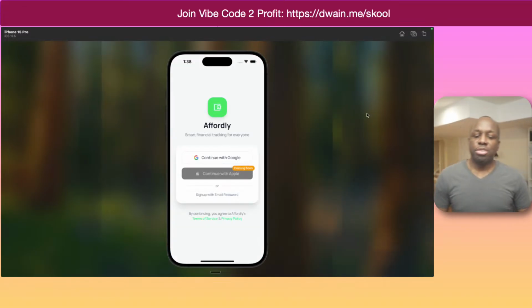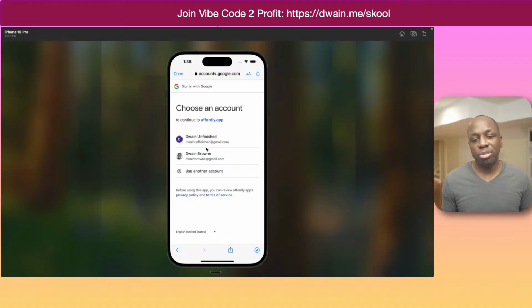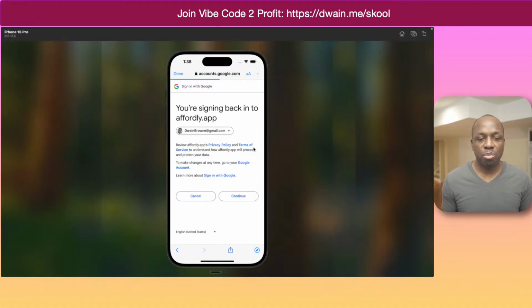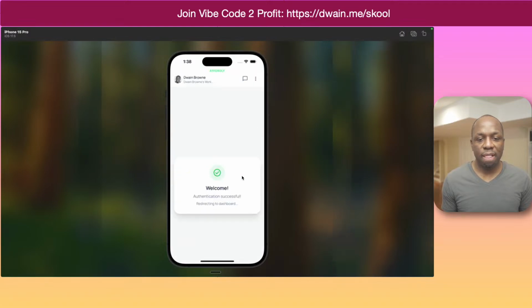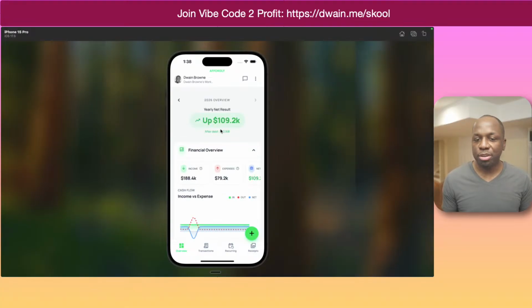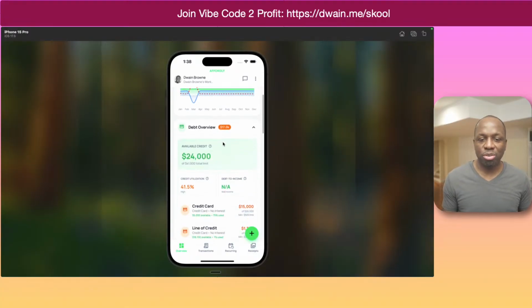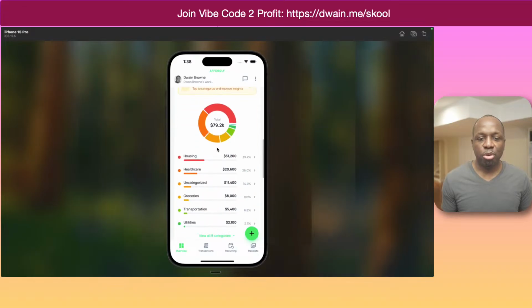Okay, so this is the PWA app. It has Google authentication login, so it's using BetterAuth to do the authentication. And once you log in, you're able to see your financials. It's a personal finance app, so it has all the standard stuff of personal finances.